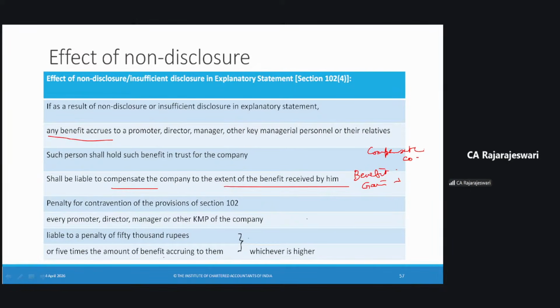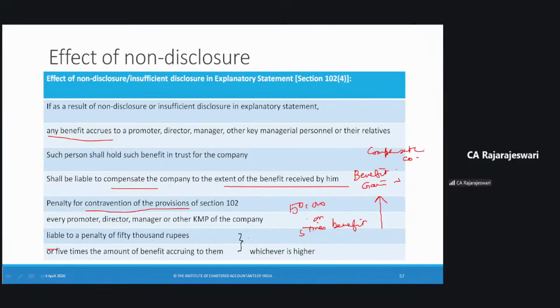Then every promoter, penalty for contravention of the provisions. So in that case, every promoter, director or manager or other key managerial personnel of the company is liable to a penalty of 50,000 or 5 times the benefit accruing to him, whichever is higher. So 50,000 or 5 times benefit,